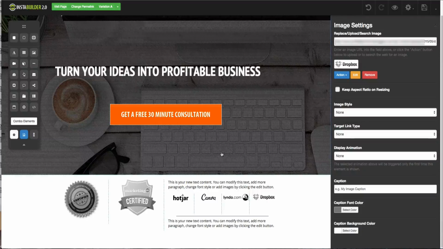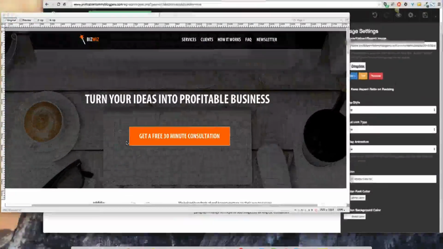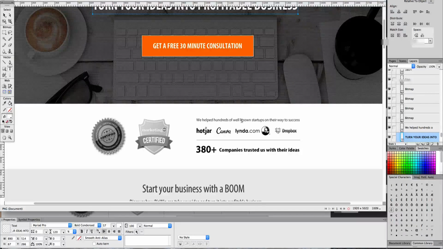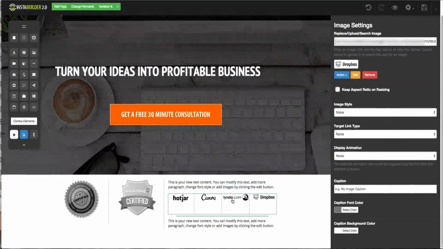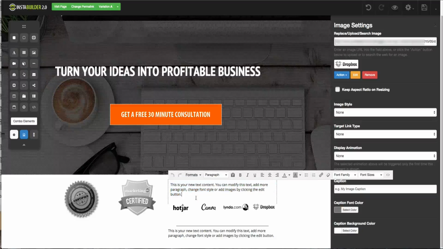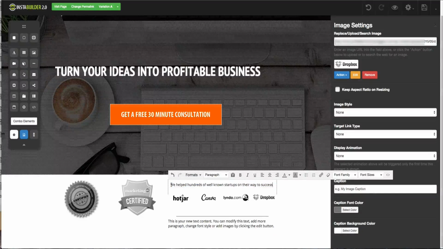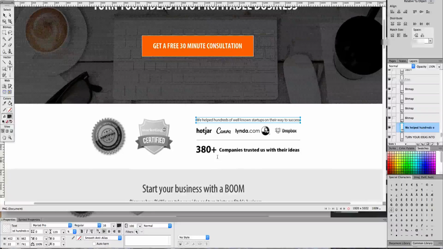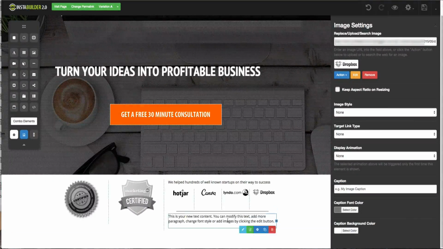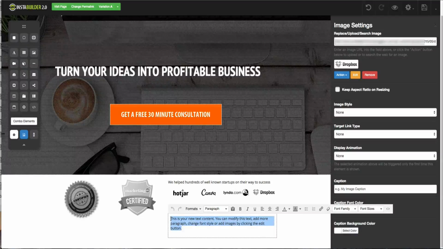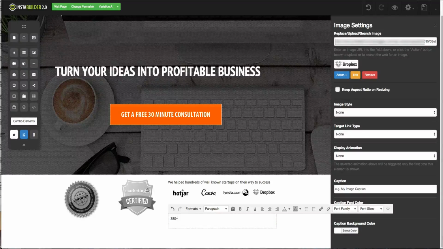Okay, so we have one text element here. Let me just copy those text elements from my design which I created with Adobe Fireworks tool. Just edit this here, and let me just copy this text here. So if you double click on the text element, you can edit it right away. Okay,